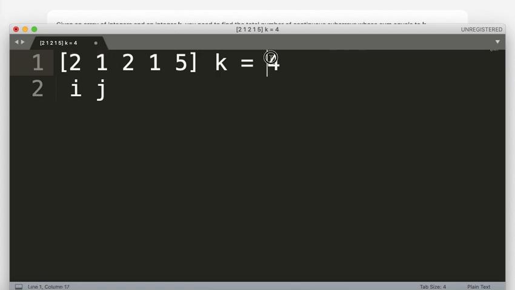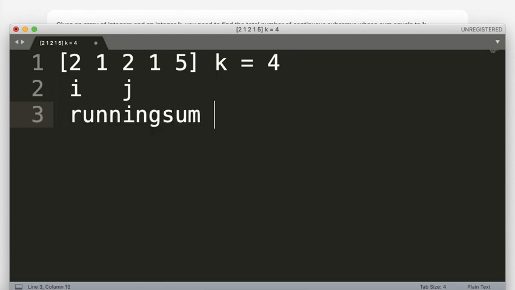Okay, that is less than 4. So I'll include one more element and check. I'll increment this j here. So now I have a running sum between i and j. Initially when i was here and j was here, the sum was 3. So this was less, so I'll increment j one more step here. Now the sum becomes 3 plus this j, which is 2, so 5.